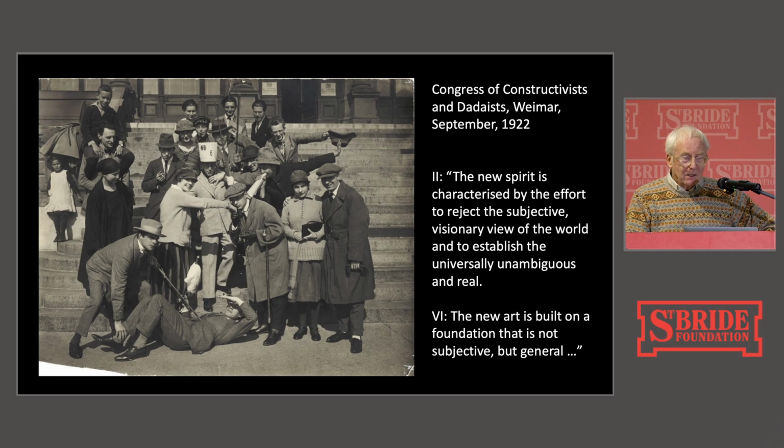And right at the back, on our right-hand side, is László Moholy-Nagy. Standing over on the left-hand side with a child on his shoulders is Max Burckhardt. And at the front, poking Hans Arp with a stick, is Graf Trump. And Werner Graeff, it's Graeff on the ground. All of which indicates how important print, and especially type and typography, were felt to be in the creation of a new constructivist and Dadaist sensibility.